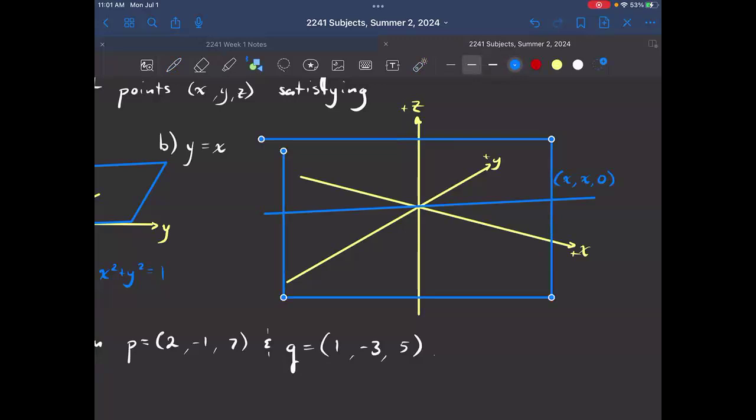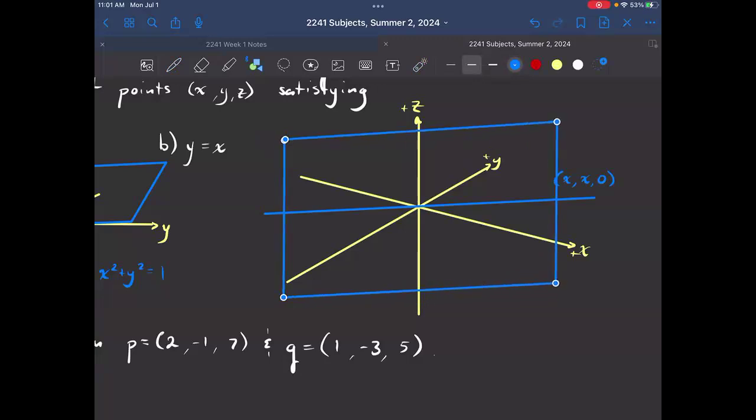So again, we have this whole plane of solutions right here. Let's put that parallel. So that is our entire plane, y equals x